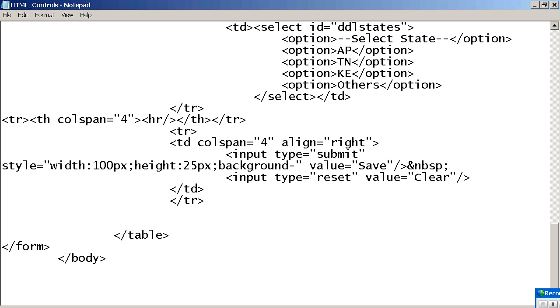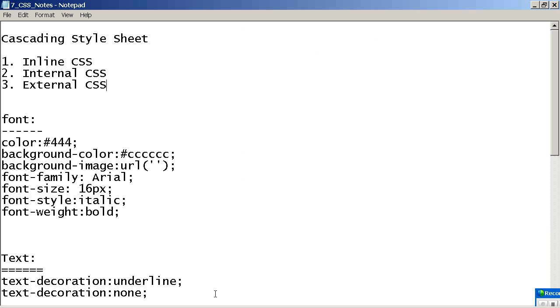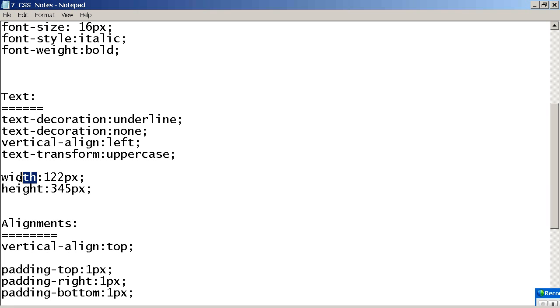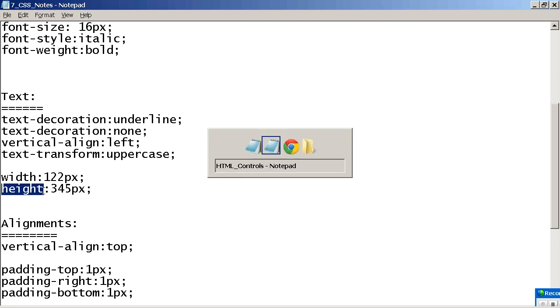One more thing: font. Font-family, font-size, like that multiple things are there. Actually I have given you this note; here you can see font. Why have they given a hyphen for font but not for color? Color is a single entity, there is no alternate for it. But on font you have multiple properties. That's the reason. For width and height, there is nothing more that comes. That's why they have given it like this. Can you understand?